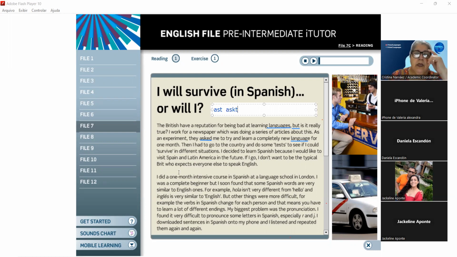Cuando el verbo termina con el sonido t o d, por ejemplo, need, y yo le agrego la ed, va a sonar needed, que es más o menos lo que sucede con el verbo aquí, que sería, let me see, it was here,